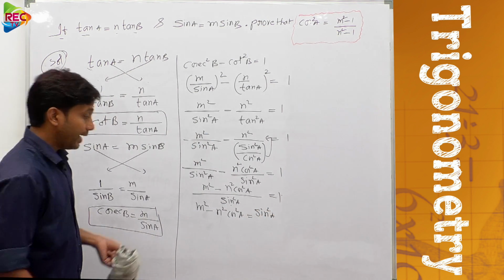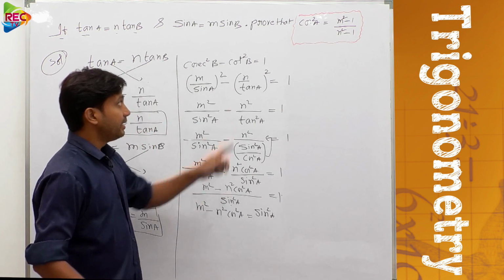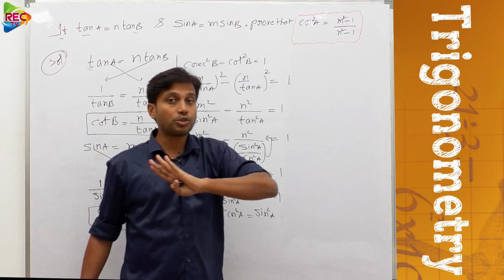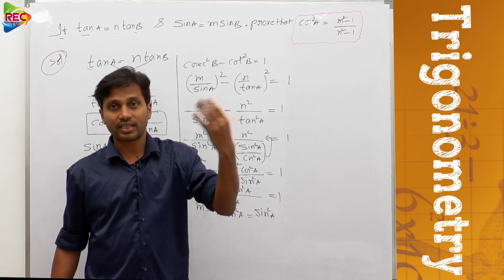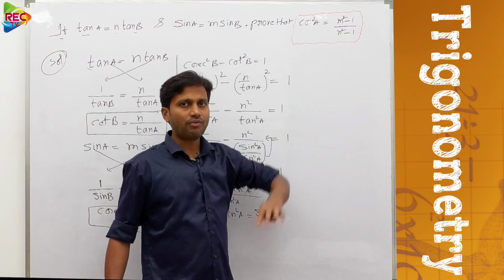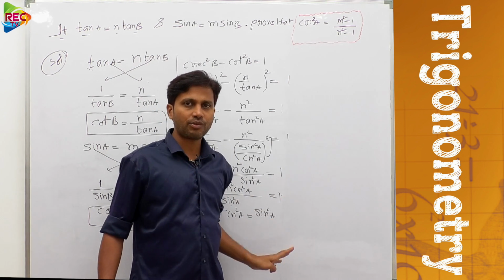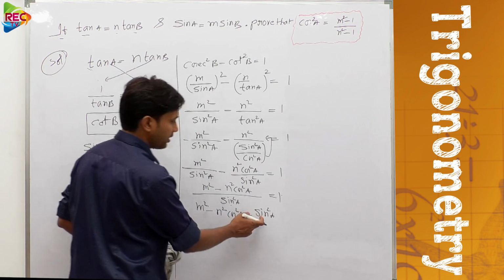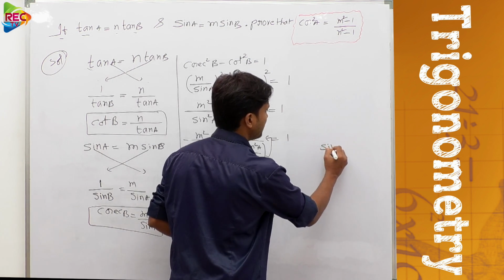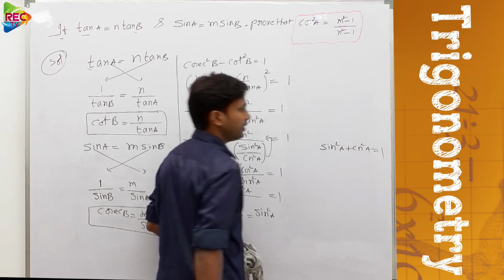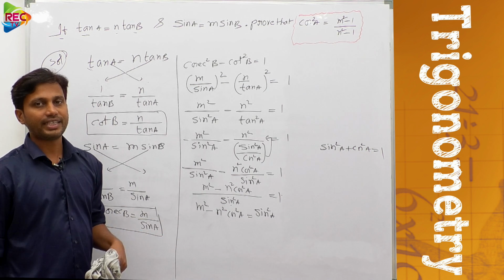Now again for our convenience, see here in this condition, if you want to prove this condition, no term should be left in sin or other trigonometric ratio, except the cos ratio. So every term of this equation should be converted into cos. If you want to convert this into cos, again make use of sin square A plus cos square A equal to what? 1. This is a standard trigonometric identity again.